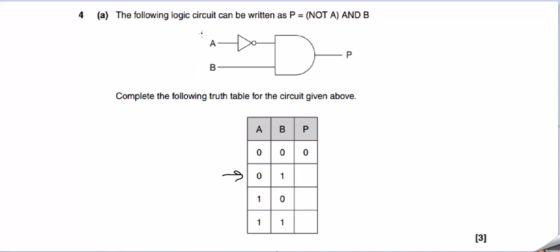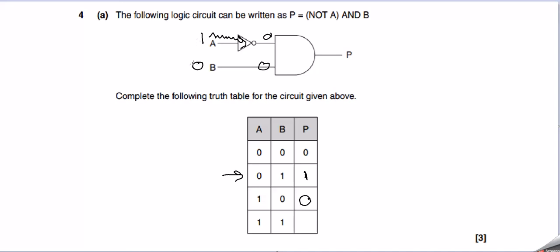So A is 1, B is 0. It travels, it turns a 1 into a 0. That's just a 0 anyway. 0 and 0 equals 0, so that should be a 0 here. The final one